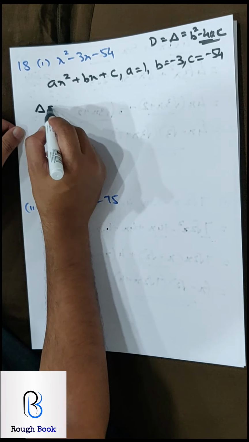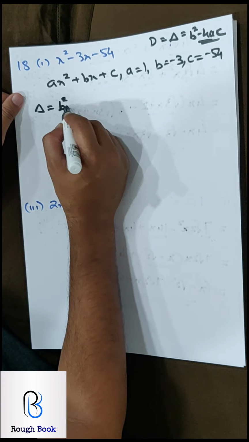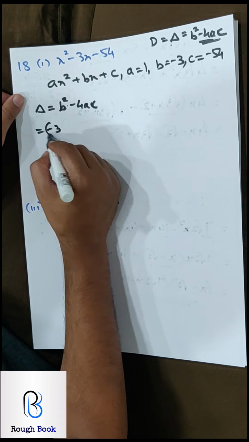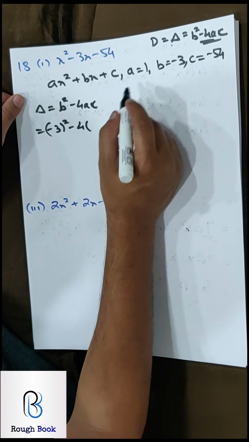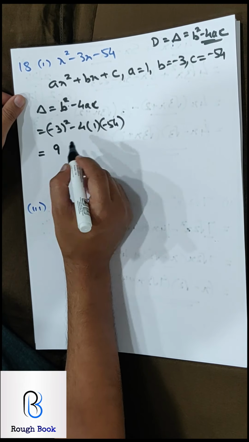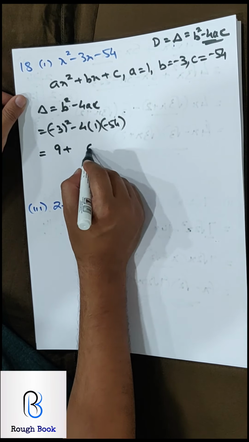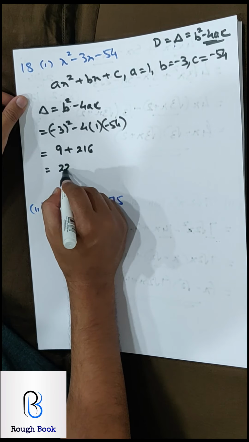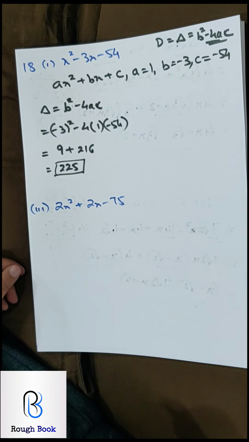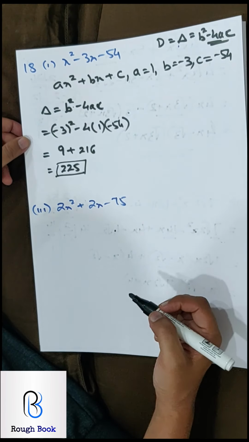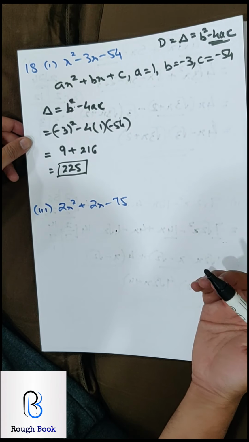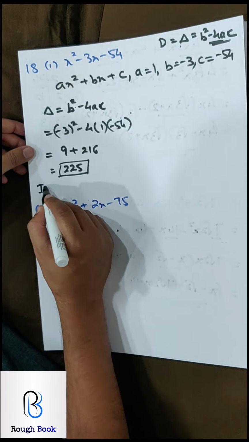Find this delta first. I'll tell you then what to do. So the delta is b square minus 4ac. So what is b? Minus 3 square. 4 times a is 1 and c is minus 54. So 3 square 9 minus minus plus 216, 225. If this number which you get is a perfect square, that means this is factorizable. If this is not a perfect square, this is not factorizable. As simple as that. So here you say it is